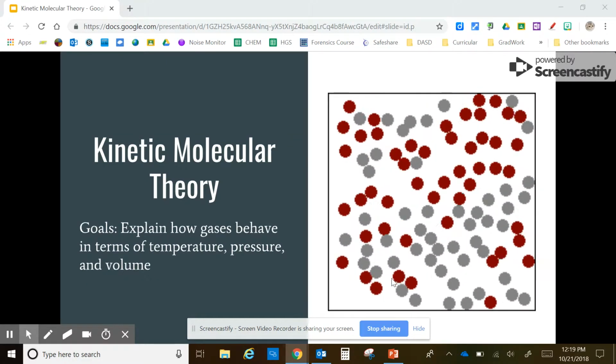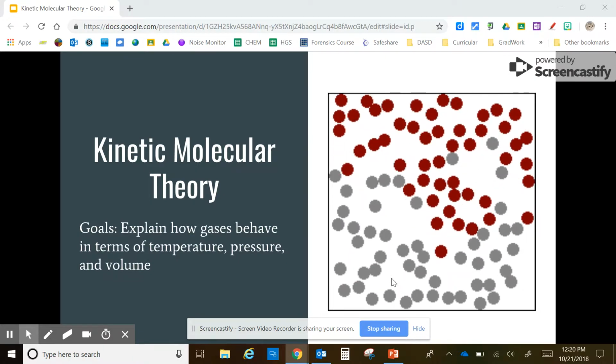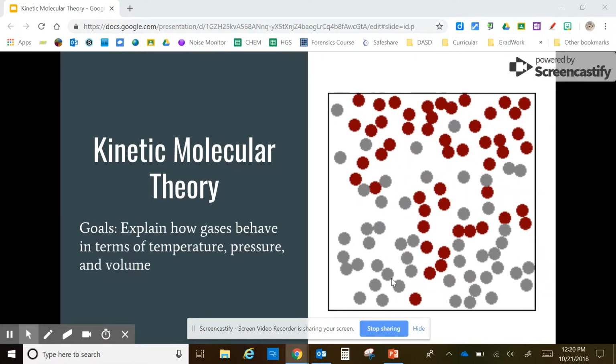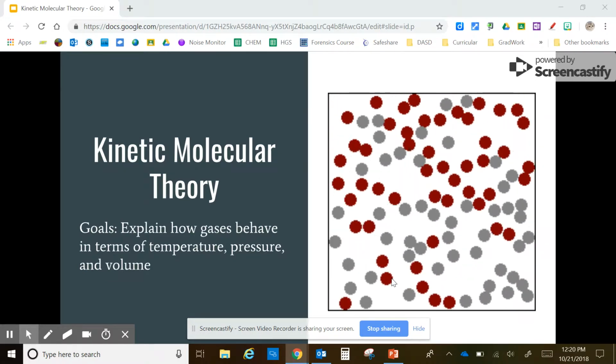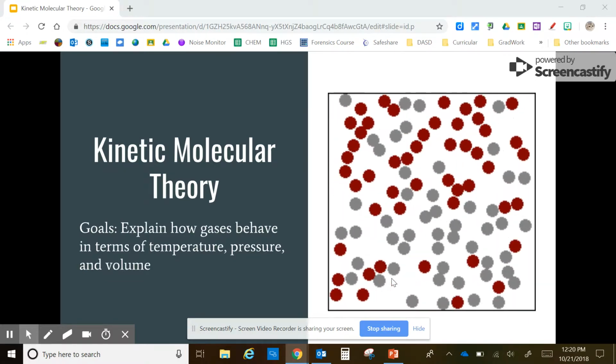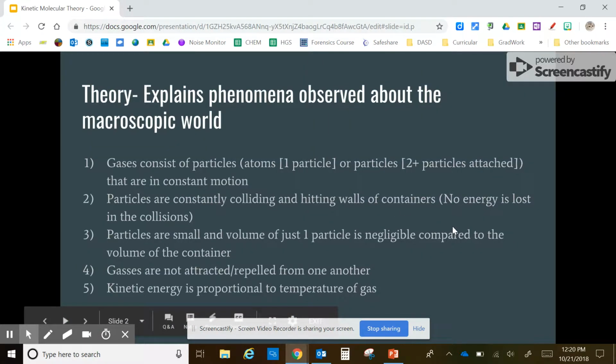Today we're going to be talking about the kinetic molecular theory, which is an application of how gases behave when we do things with their temperature, with their pressure. So it's basically explaining why gases are the way they are. So when we look at the kinetic molecular theory, a theory is something that explains the way we observe things